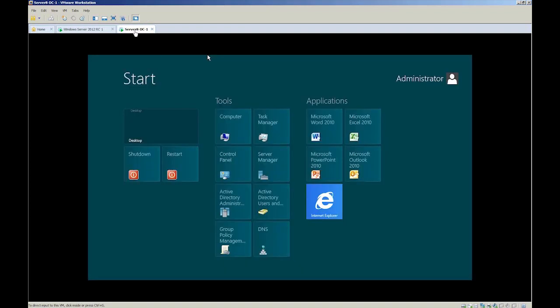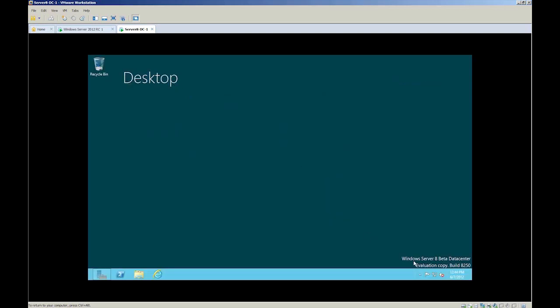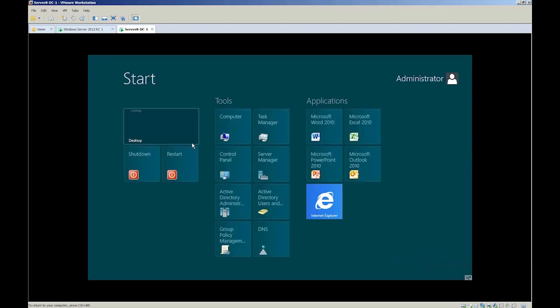What I'm going to do is show you how to turn this into this. This is what the start menu looks like on another Windows server. Believe it or not, this is actually Server 8 Beta. If I get out of the start menu and go back to the desktop, you'll notice this is Server 8 Beta. That's why the color is also a little bit different. But notice that this start menu is a little easier to understand. It's not just an absolute spattering of icons all over the place. It's organized, and I've also added a couple things to it.